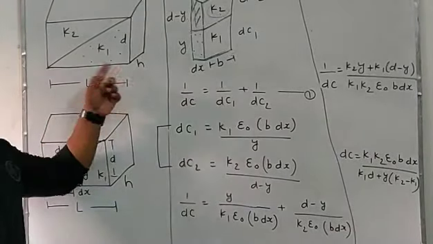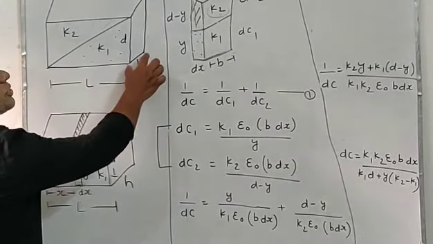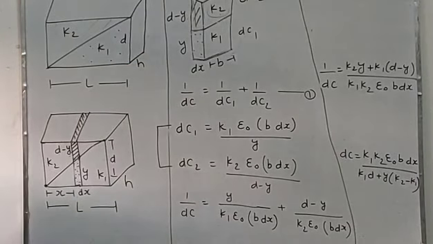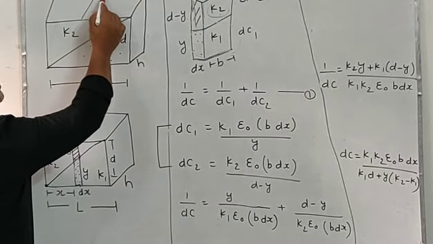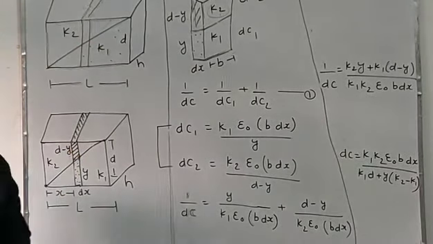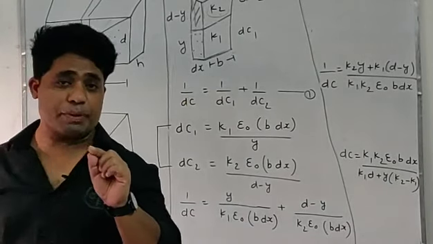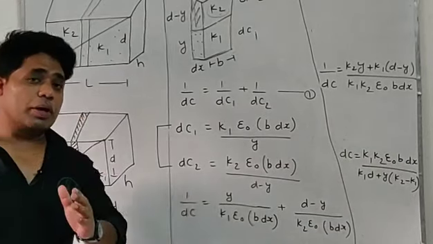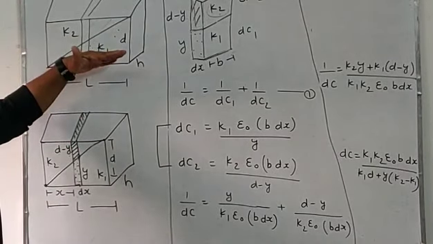L is the total length, and the width is given as H. Look students, what we'll do is divide this graded capacitor into small segments. We will assume a small segment. First of all, we will find the capacitance of the small segment, and on account of that we will calculate the total capacitance of the whole graded capacitor system.